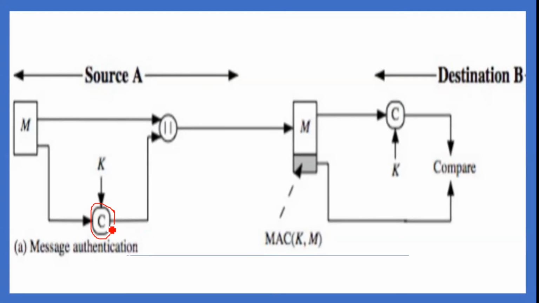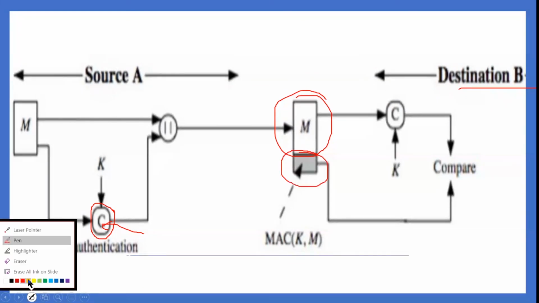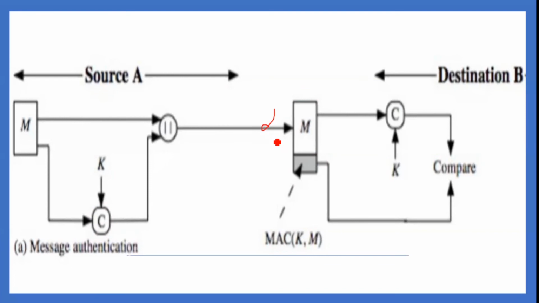Okay. Let us also discuss what happens on the destination side first, and then we can move to our algorithm, the coder algorithms. So what happens on the destination side? The destination receives a message concatenated with the message authentication code. तो रिसीवर को क्या मिलता है? रिसीवर को मिलता है ये पूरा चीज, message and message authentication code concatenated together.